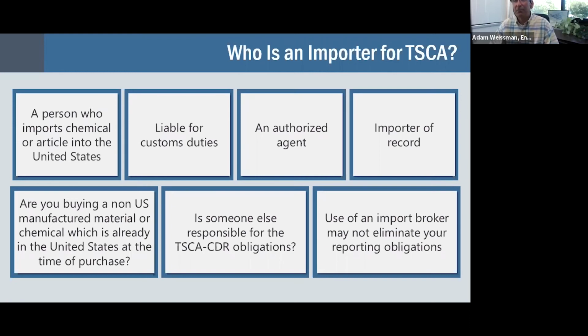I think in many cases, you're buying potentially a material that's already in the United States. For instance, we already discussed getting out on the shop floor and looking at the chemicals and seeing if they're non-US sourced, but did you truly import it, or did you already buy it from a facility that had brought it into the United States? So at the time of purchase, it was already in the United States, and you certainly didn't import it, and somebody else, a layer removed from you, imported it.